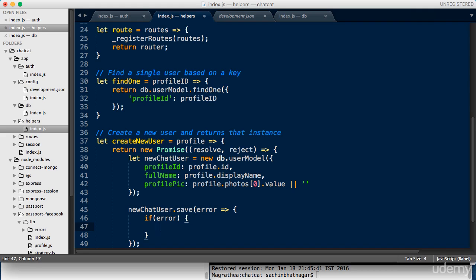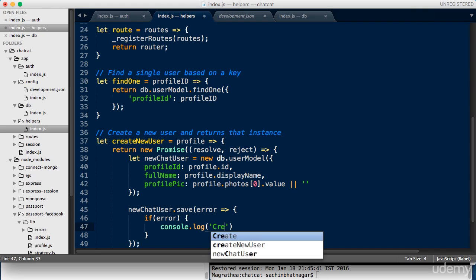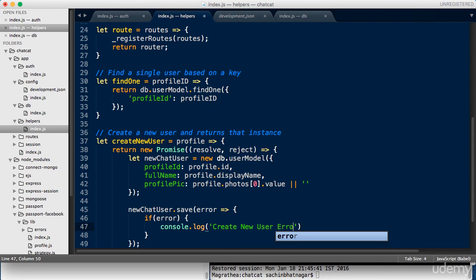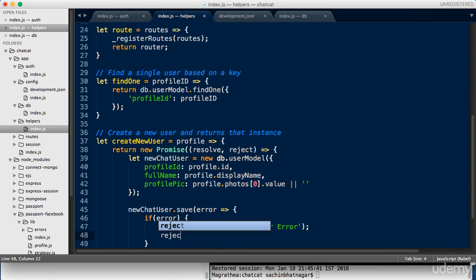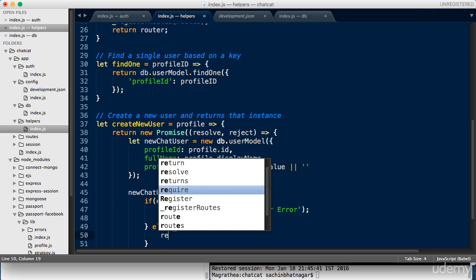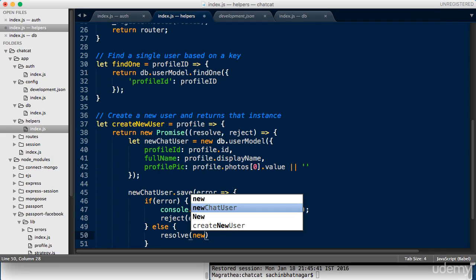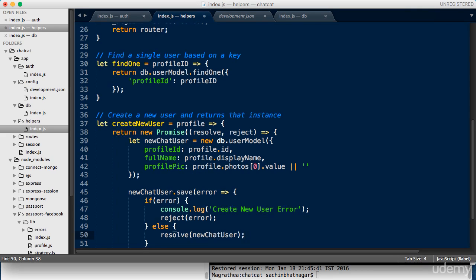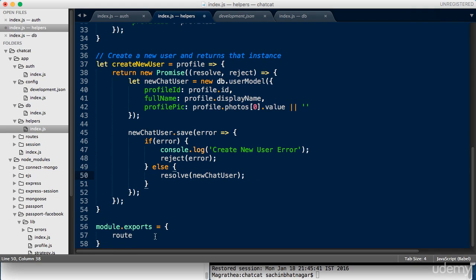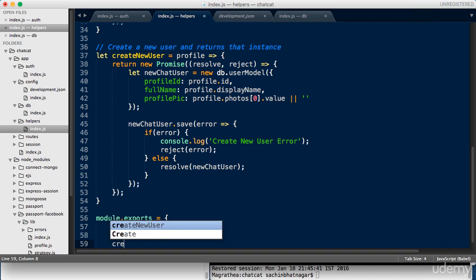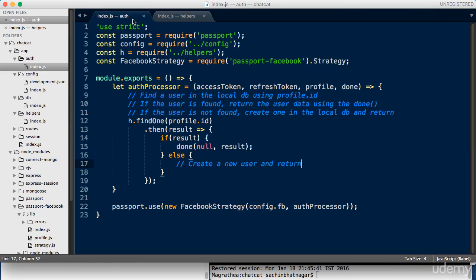And if we do get an error, we can console log out the error and also we will have to reject the promise like so. Otherwise, if all goes well, we will resolve the promise and return the instance to the new chat user. Let's export both the createNewUser and findOne methods out of the helpers library so that they are available to the outside world. Now, back in our auth module,